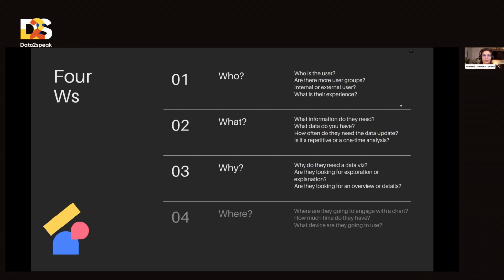And finally, the last question is where, and this is also important. So where will the user engage with the chart, is it in front of the computer on the big screen, or is he going to look at the chart or the dashboard on his mobile? Then we should have a completely different approach,